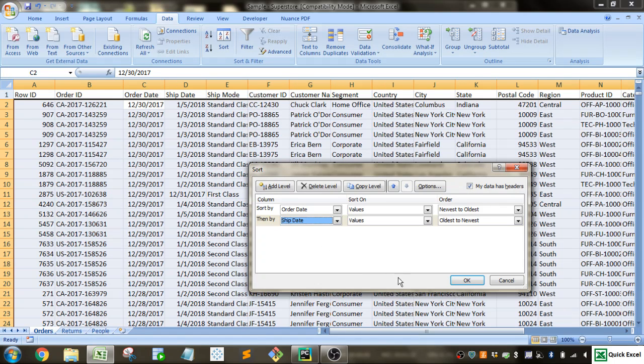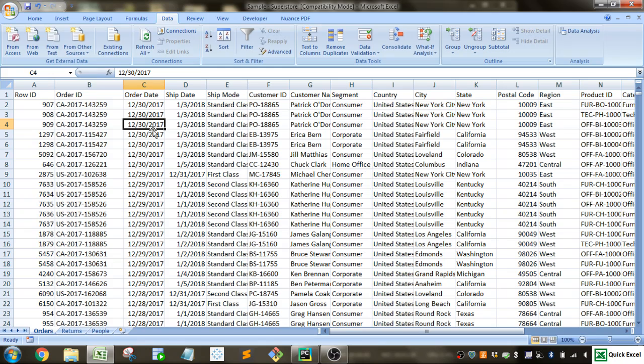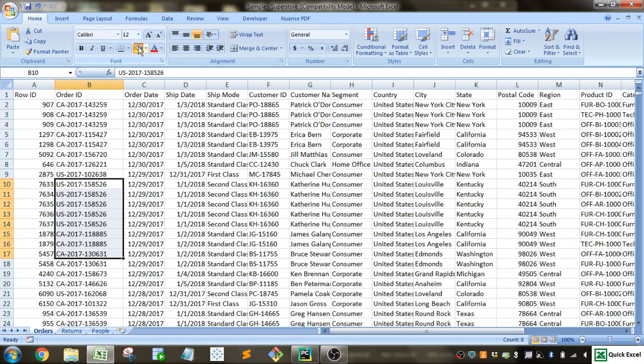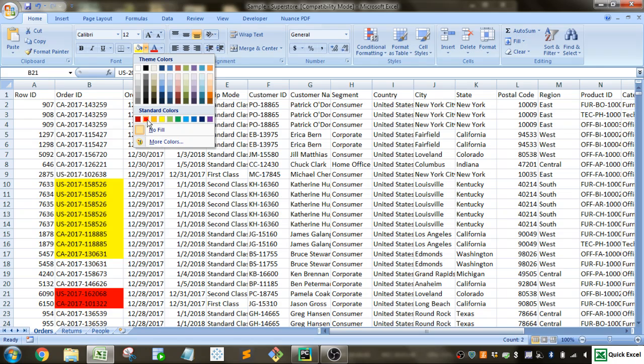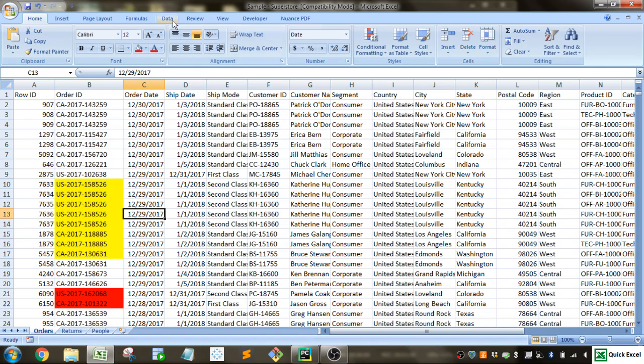So another thing is you can also sort by color. So if I go ahead and choose some cells and give them a yellow, and let's say we'll give these cells red. Now if I go back to sort,